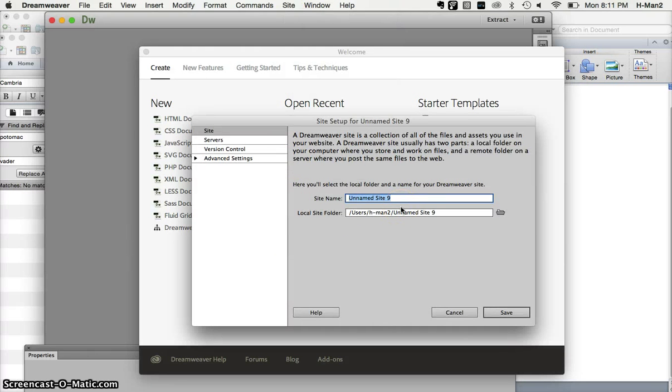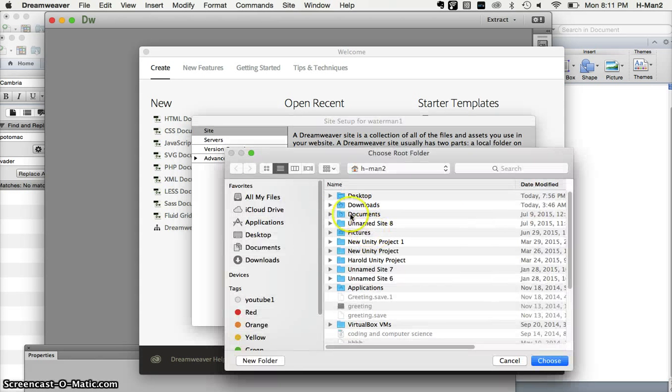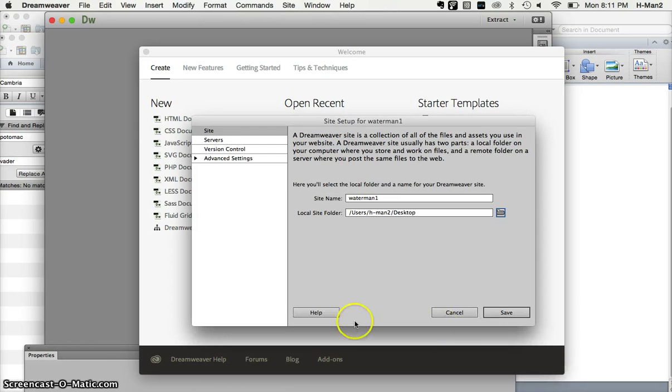I'm going to give the site a name. I'm going to call it Waterman 1. Where do I want my files to go? I think I'll have them go to my desktop. So I'll choose desktop. Then I go to server,